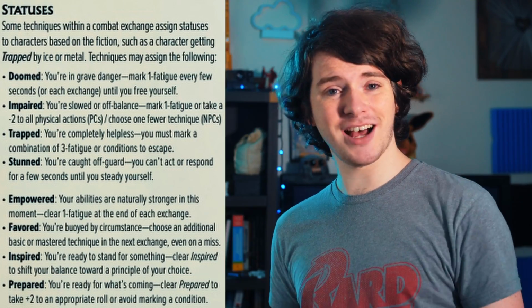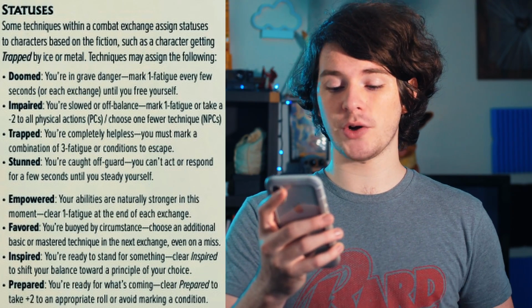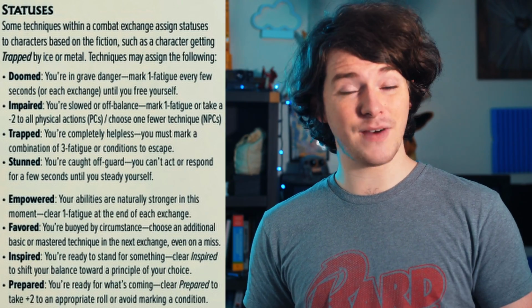Fun. But all is not lost. Those are the bad ones. Here are the good ones up next. Empowered, your abilities are naturally stronger in this moment. Clear 1 fatigue at the end of each exchange. Now that would basically be like a waterbender fighting during the full moon, or a firebender fighting, you know, at